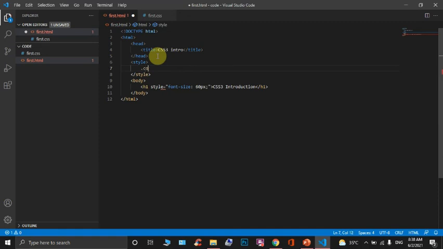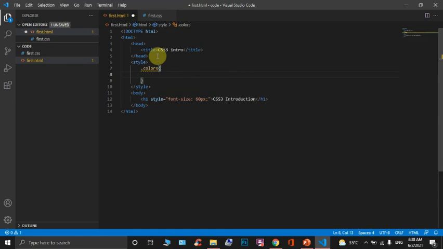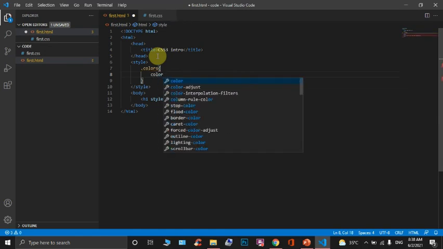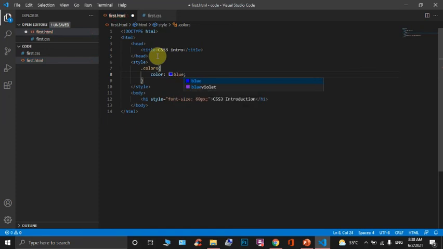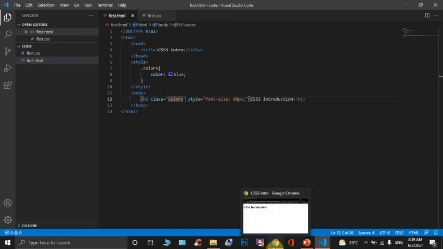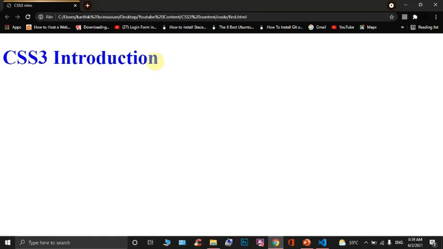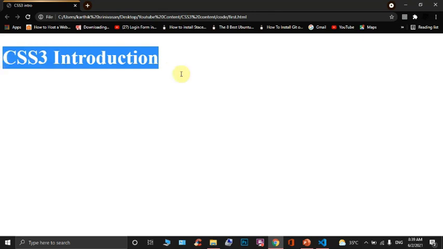I'm typing colors, with color as blue, and to include it in an element we should type the class attribute and the class name colors. Now let us see the output. Now you can see this element in blue color.